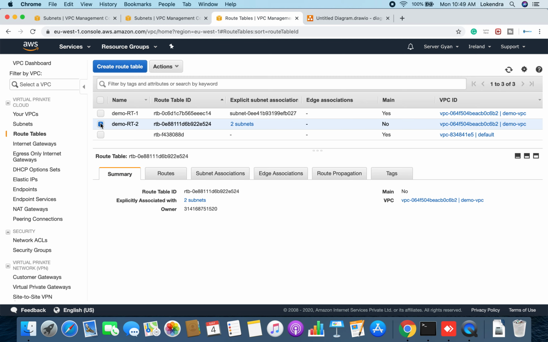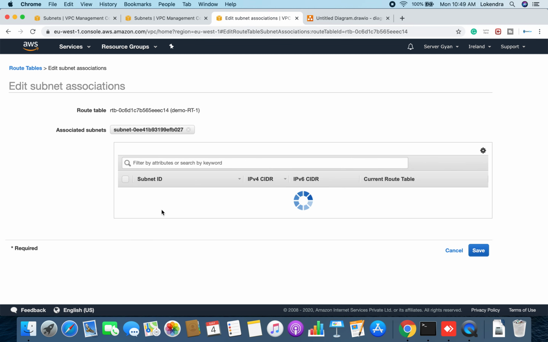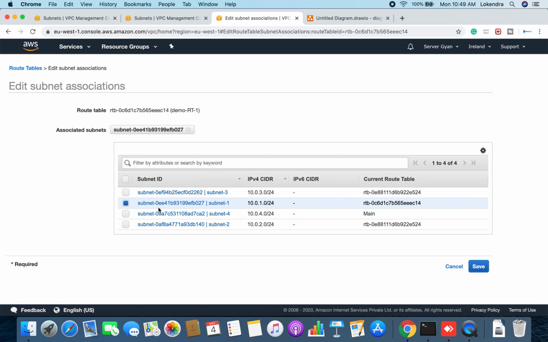For example, if I associate it here with RT2 where my NAT gateway is associated, by default it will become a private subnet. And if I need to make it public, I will go here, to edit subnet association, and you will see here that 4.0 is using the main route table.